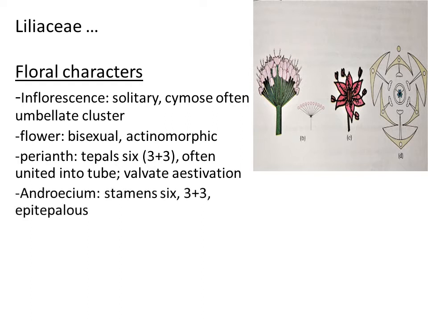Then let us move to the reproductive units. The androecium is one of the reproductive units. It consists of 6 stamens. They are arranged in a 3+3 pattern. What do we mean by this 3+3 pattern? 3 stamens are attached to the outer tepals of the flower. You can observe it in the floral diagram. The 3 stamens are attached to the outer tepals, right, and the remaining 3 stamens are attached to the inner tepals, so this pattern of arrangement is called 3+3.